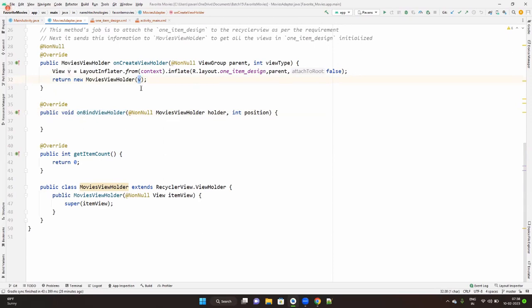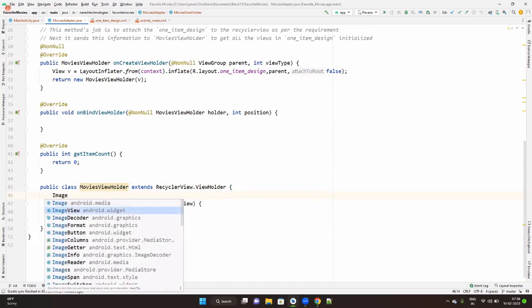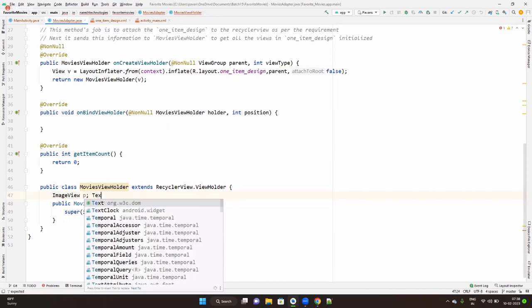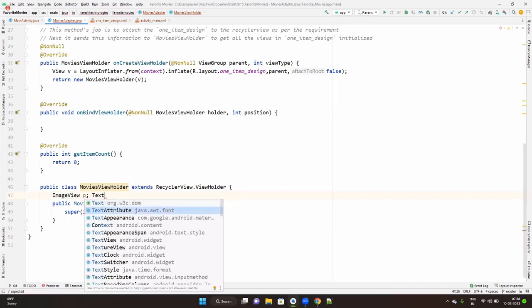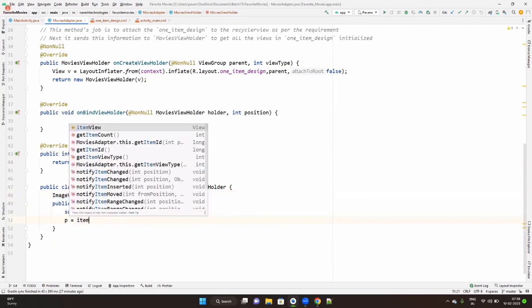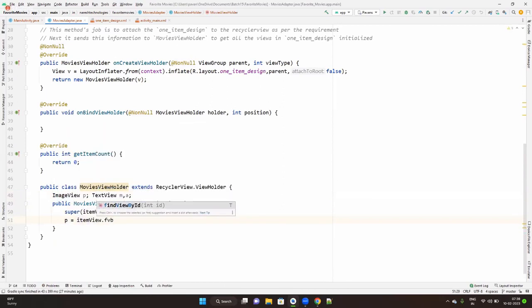So when you get the view information to the constructor, you have it in the item view. So what I do is I create an image view object. I will call it poster P and two text view objects, movie name and actor name, M and A. I'll initialize them here. P is equal to item view dot findViewById R dot id dot